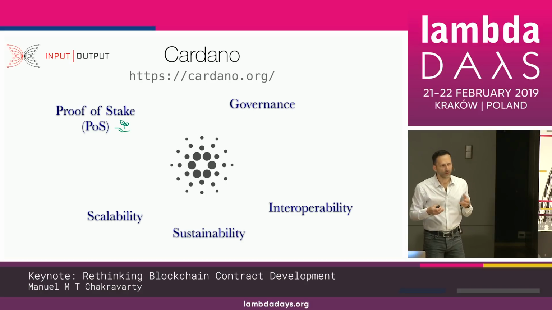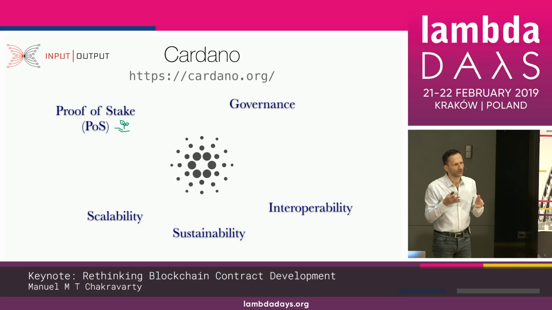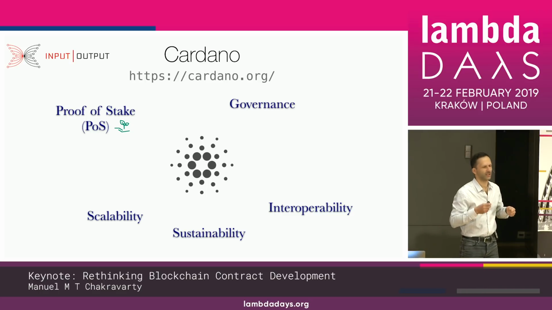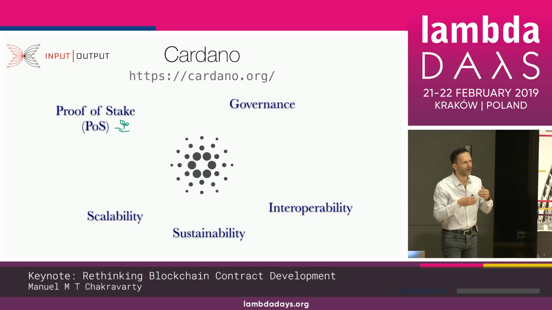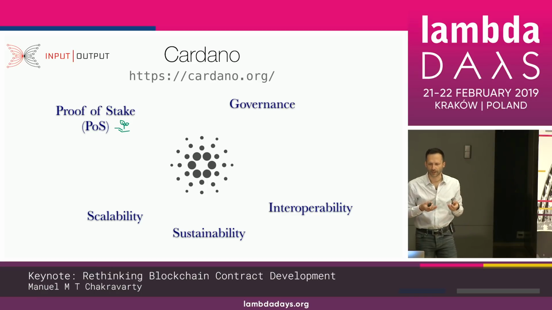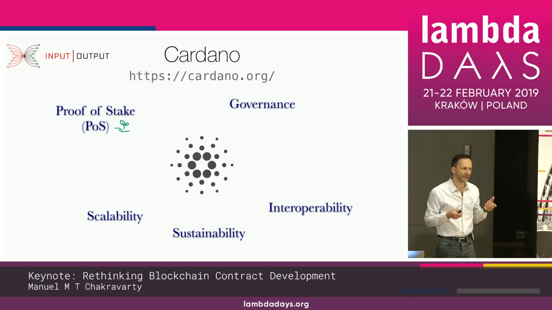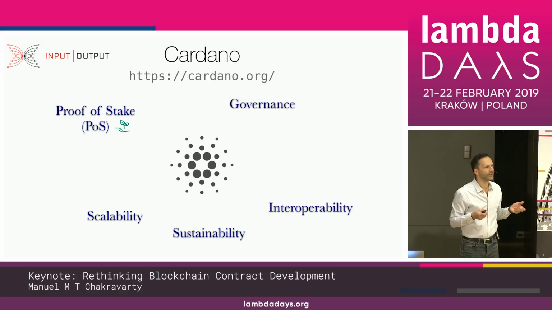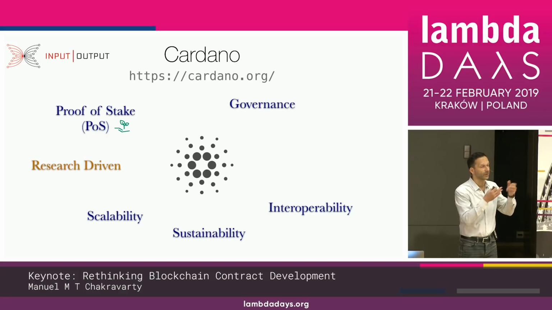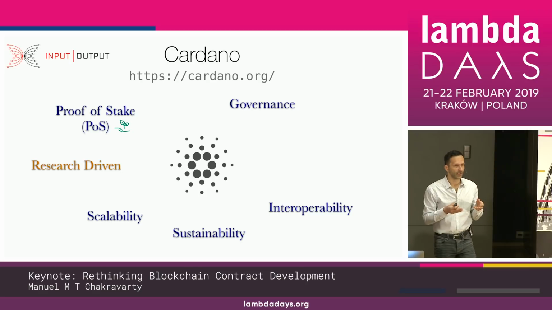And also, it needs to be sustainable. So a lot of these efforts, they use some kind of token sale, get rich quick scheme to get some money and build something, and then they run away. So how can you build such a system in a way that it's actually sustainable in the long run without any strange internet scams? So to do this, really, we need a lot of research because even on the cryptographic level, this stuff is very complicated, but also the implementations are quite complicated.